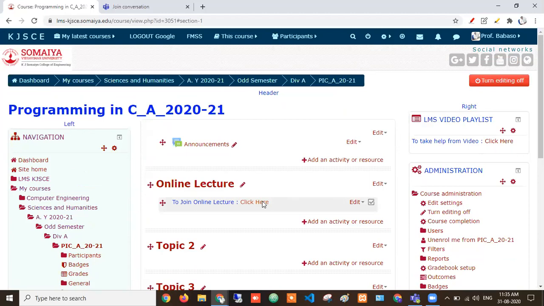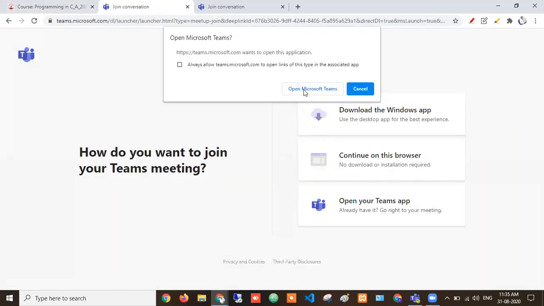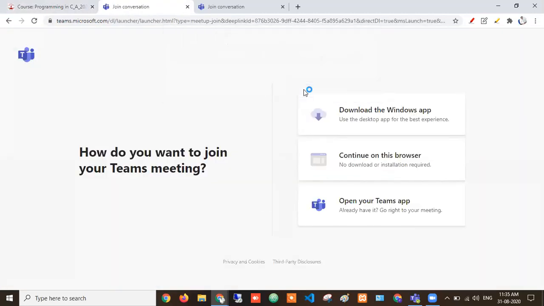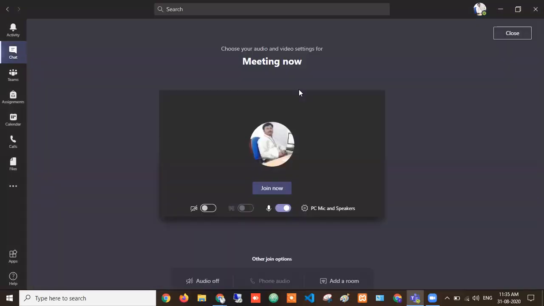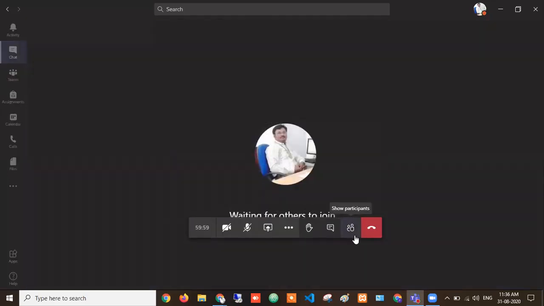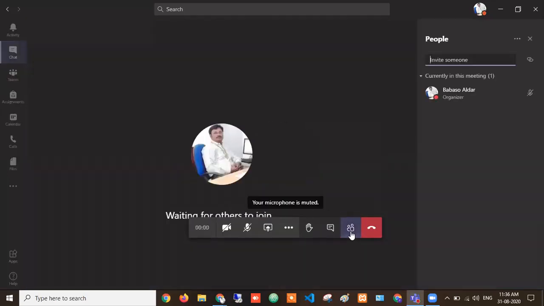And when I click here and I open Microsoft Teams, Teams will open automatically. It's already open, right? Here you can see the name automatically, PIC Tut A1 batch. And here you have to mute these options and join now. When I join...